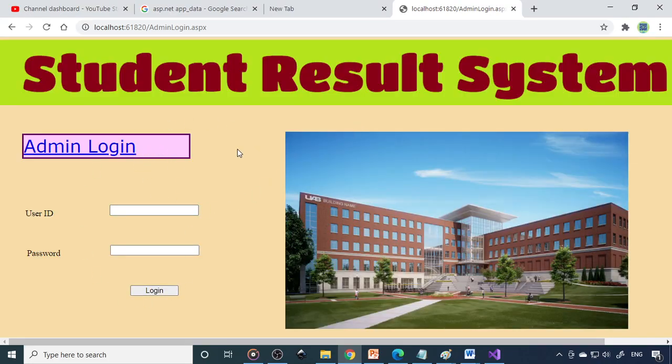Now if you come back to this and if you refresh this, you can see whatever you have done, it is created over there. It's admin login. So here you can type the user ID and here is the password. When you click login, it should log in. Fine. Try this. So in the next video, we'll learn how to connect to the database and how you can write the C# coding. Thank you.